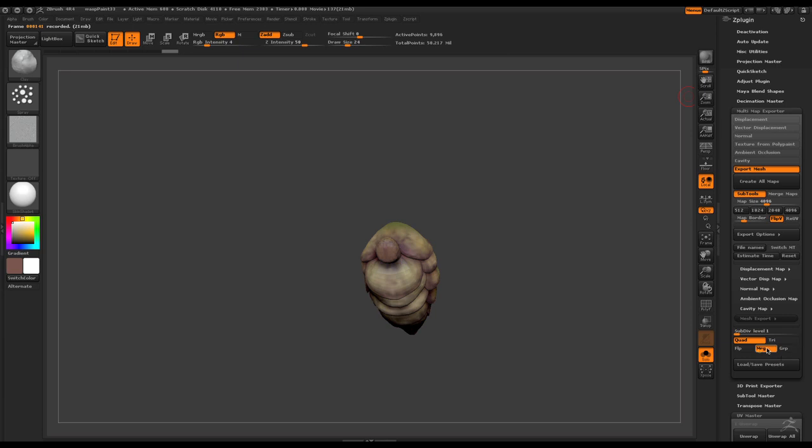I've turned on Merge UVs, although this sometimes doesn't work as it's supposed to. And I've turned on Quad to make sure that everything that is a quad is exported as a quad. So those are my options. And also set this to subdivision level 1 so that every subtool is exported at subdivision level 1. So that being said, set all the options and then press Create All Maps, and it goes through the process